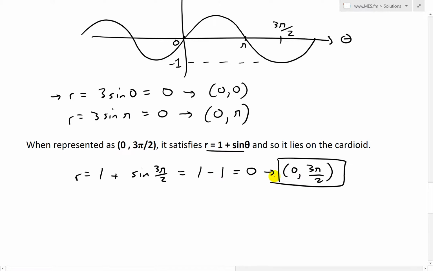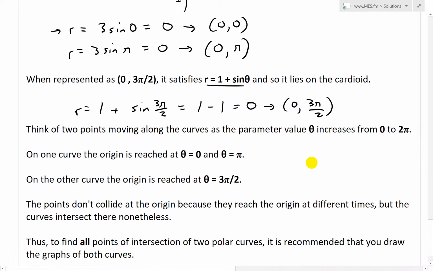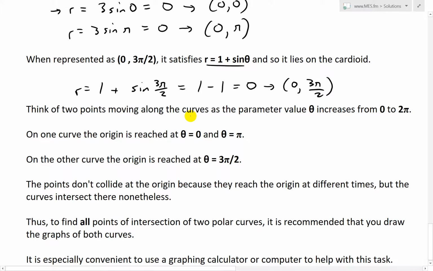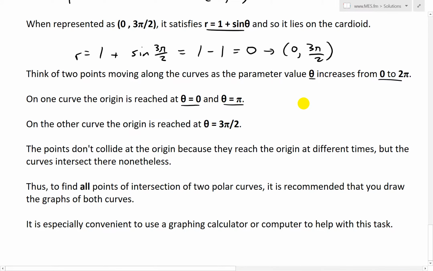That's for the cardioid formula, but for the other one, you could also add the 2 pi as well. So now a good way to wrap your head around this is to think of 2 points moving along the curves as the parameter value theta increases from 0 to 2 pi. On one curve, the origin is reached at theta equals 0 and theta equals pi. On the other curve, the origin is reached at theta equals 3 pi